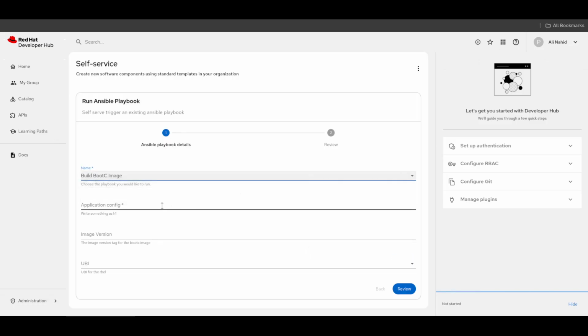I'll select the playbook. I'll give it an app config. This is going to be the message that we'll see in our application, packaged in a RHEL bootc image, and we'll deploy that bootc image onto an OpenShift virtualization platform. So we'll say hello